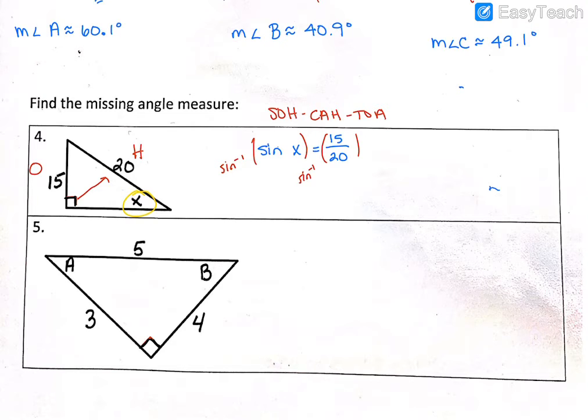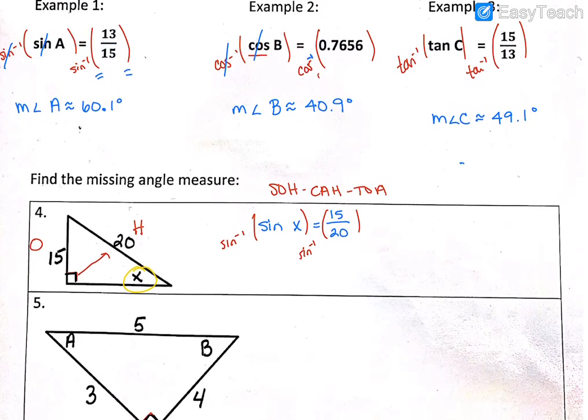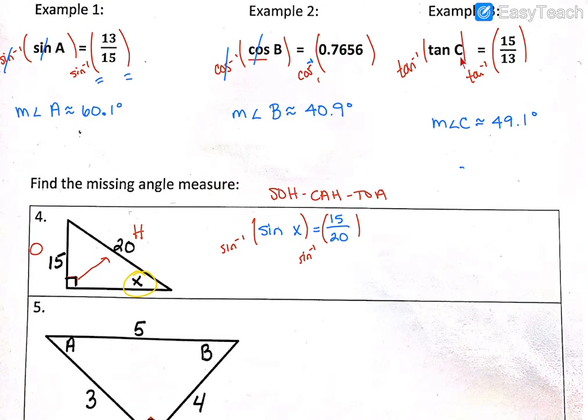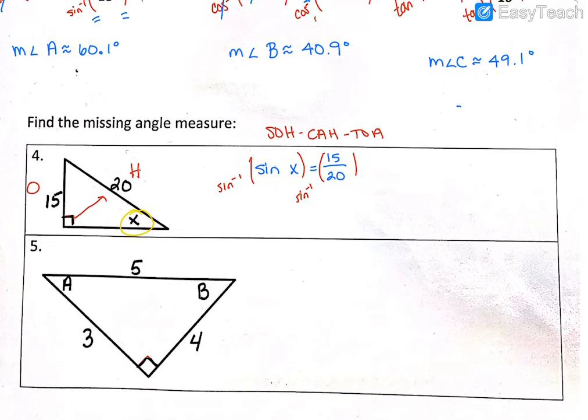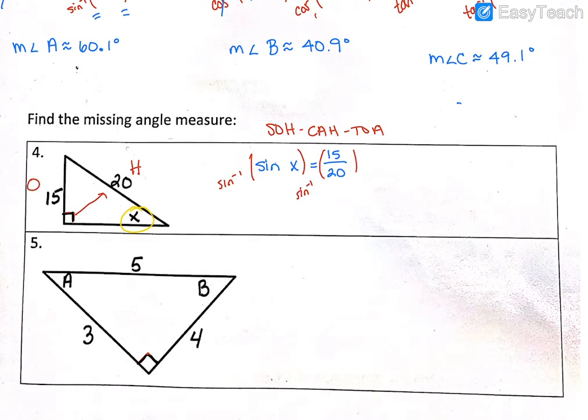Now notice what I wrote in blue is exactly what was given to us on these first three examples. It was written just like that. So that's how we solved it. We took the inverse of sine on both sides, and what happens is your sines go away, you're left with